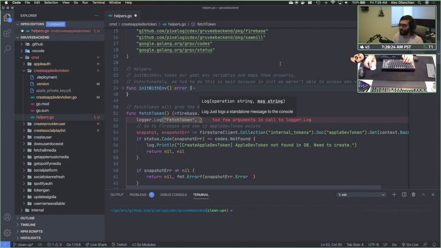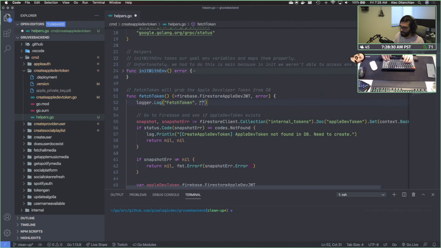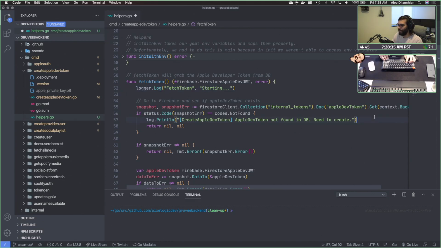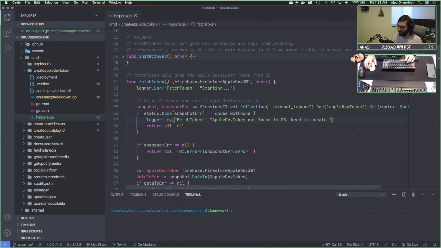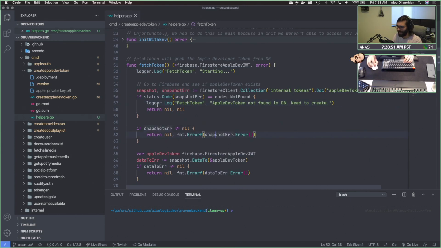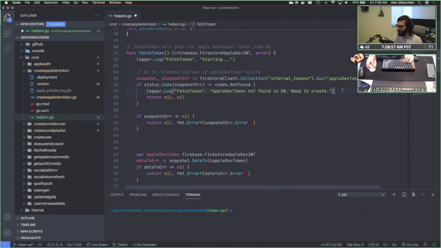All right, cool. So fetch token. This is inside the create Apple dev token. We're just going to do starting. Yep. And same deal around here, right? Again, we don't have to print out. Oh, code not found, need to create. Okay, so we can actually add that here. Just like that. Boom, get out of here. And then snapshot error if there's any errors there. Else, snapshot was created successfully. Or snapshot